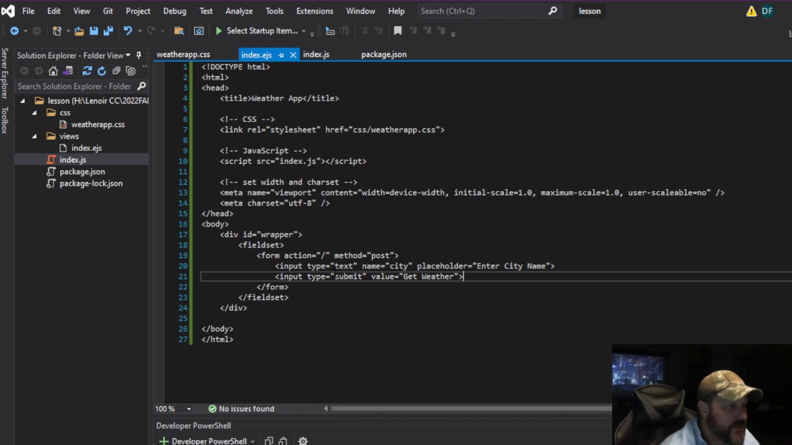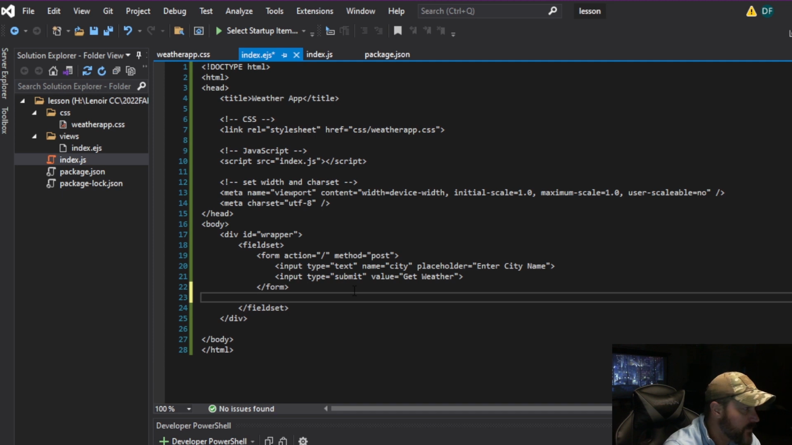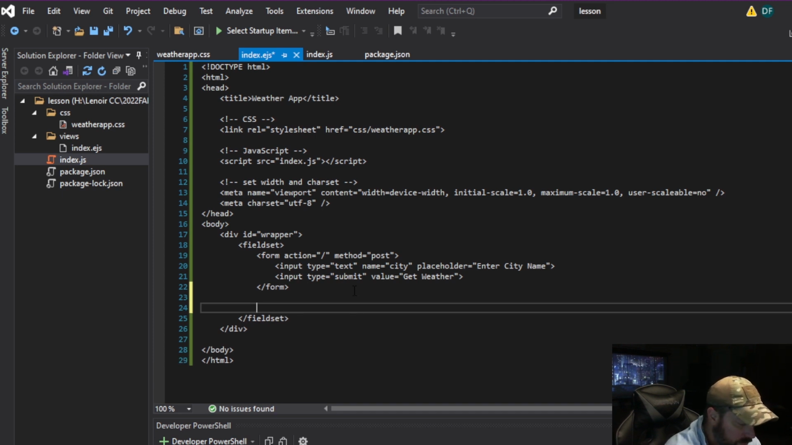EJS file, index EJS, and where we want to put this stuff. With EJS, you have to bring in variables a little differently. It's weird, and I don't even like it. But under the form, you're going to put this funky little funkiness in there. And this is how you start. This is how you do it. Anyway, if weather is not equal to null,